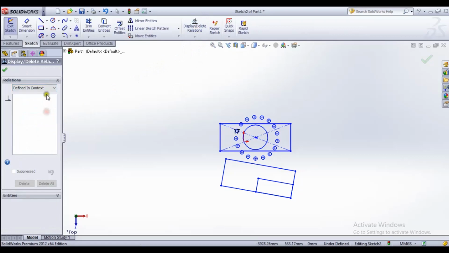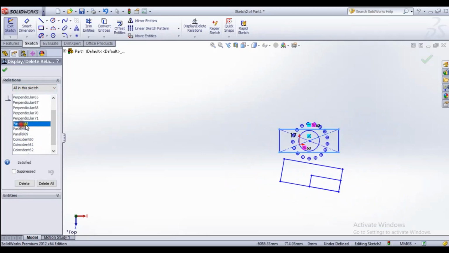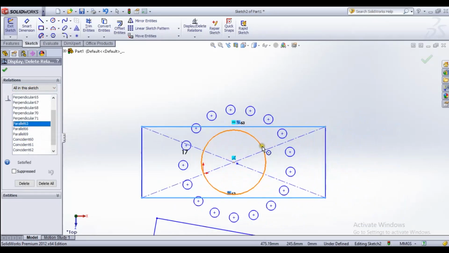We can see what these relations are. You can see parallel. It's parallel. This is parallel. Okay, I will explain these relations one by one, how they are used, and what the usage of these relationships is, in another video.